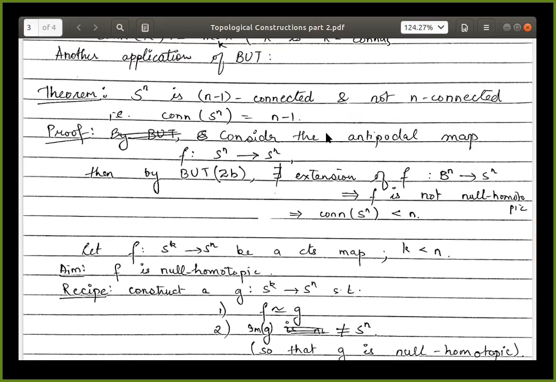So today I'm ending here itself. It's a very short lecture. In the next talk, we will see